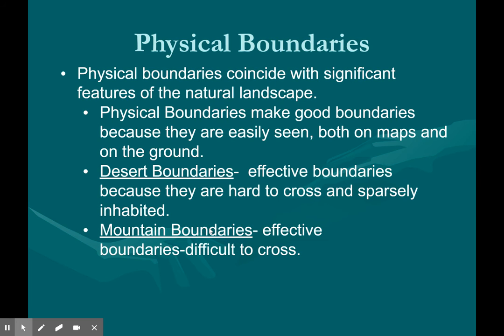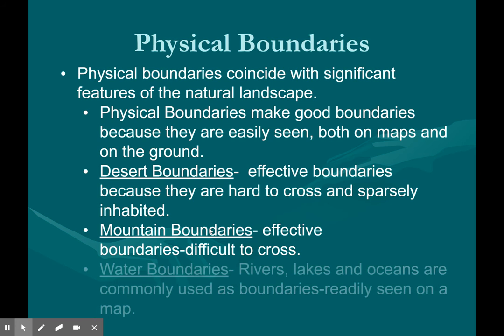We're also going to see mountain boundaries be very effective boundaries because they're difficult to cross, and they're easy to see. So you could say, our nation is going to be on this side of the mountains, yours is on the other side. It's very hard to navigate. So if you were being attacked from the other nation, the mountains make that hard to do, so it protects you that way. It is also easy to see where your nation's boundaries end. So these physical boundaries are very helpful when it comes to actually seeing, in person or on a map, where your nation doesn't have that authority.